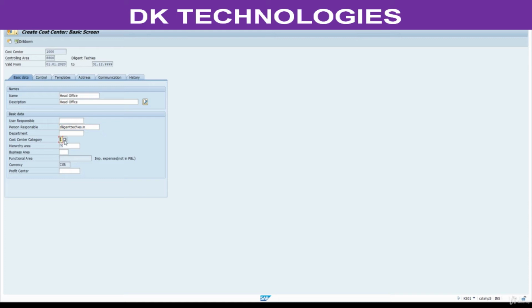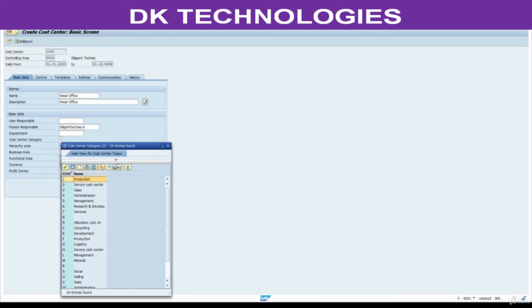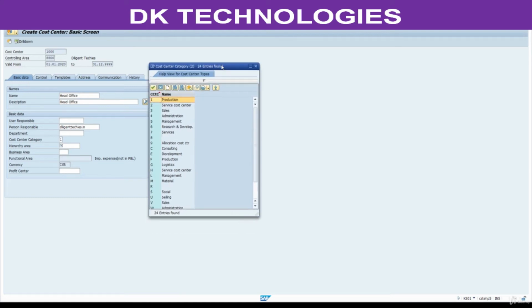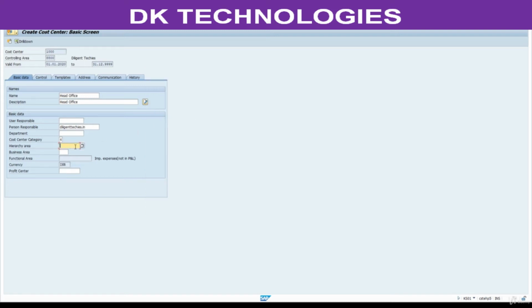Now here category. Select any category. In real time, we are not responsible for this cost center master data. We are creating only for testing. You select any one. Here select production, administration. Press F4. It will copy automatically. If you remember, we defined this at the time of doing the controlling area configuration.